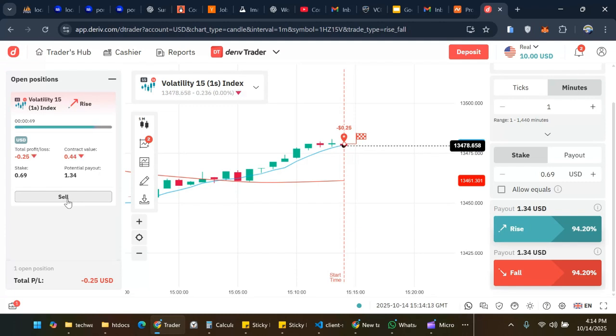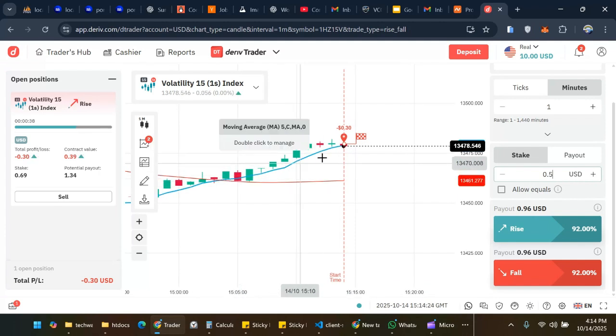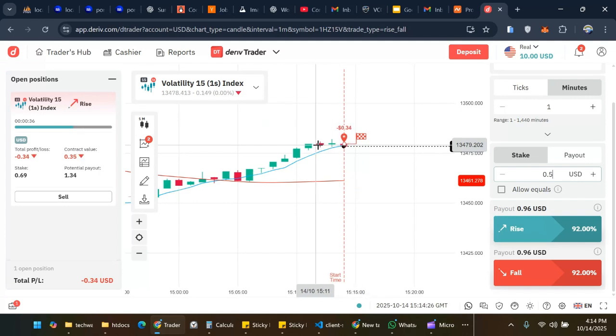I shouldn't have entered this, but it's okay. It's okay to lose. It's part of the game. Understand? I shouldn't have entered that because we're in the consolidation period here. We're in the consolidation period there. But I hope this